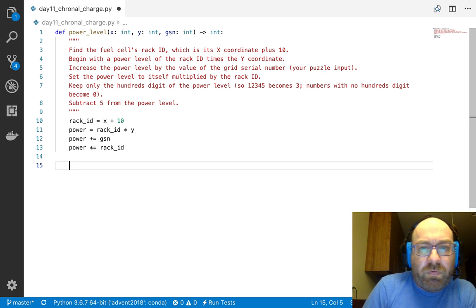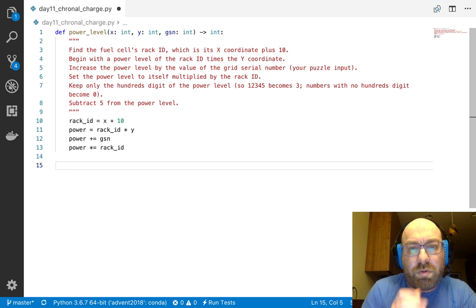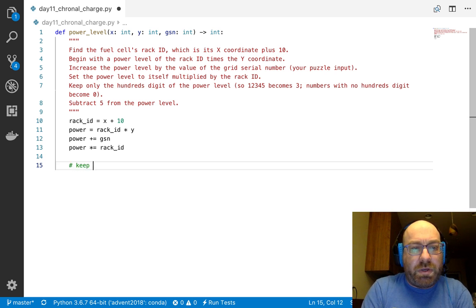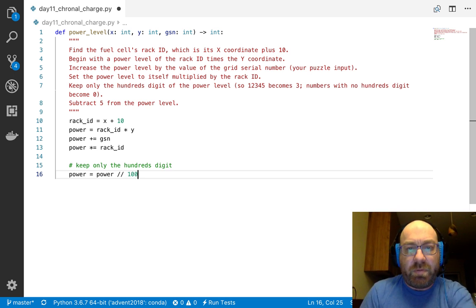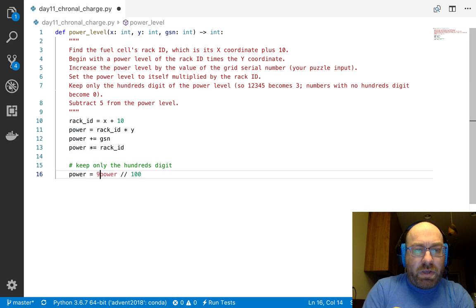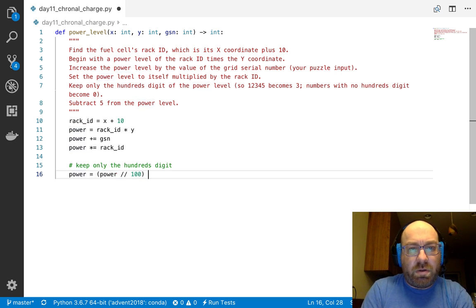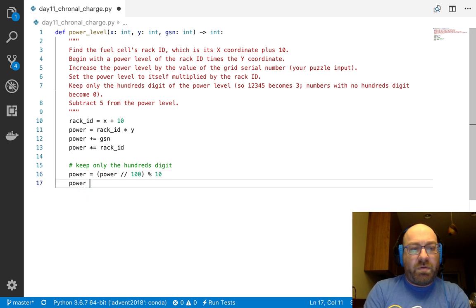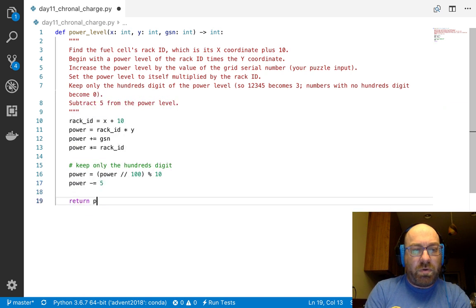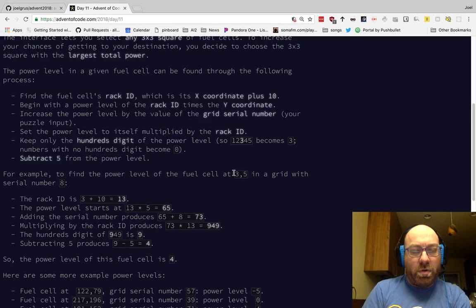So 12345 becomes 3. In order to do that, I want to keep only the hundreds digit. Power equals power int division by 100. So 12345 is 123. And then I can just mod it by 10 to get the digit, and then subtract 5, power minus equals 5, return power. Okay, so